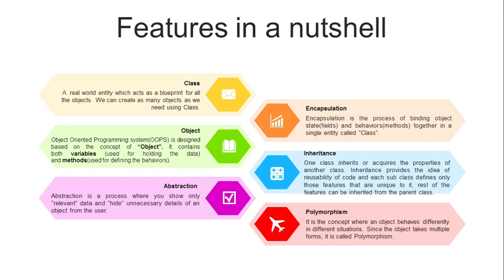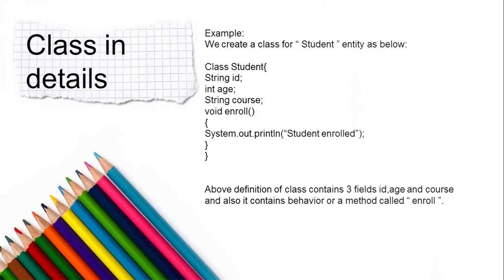Now, this is the basics of this feature. Now we'll see it in a bit more detail. So we'll see the class in detail. We have written a class over here. In this slide, I have created a class and am showing it in front of you. It is a class named Student. The class is the keyword which is used to create a class, and the name of the class we have given is Student. We can give any name over there.